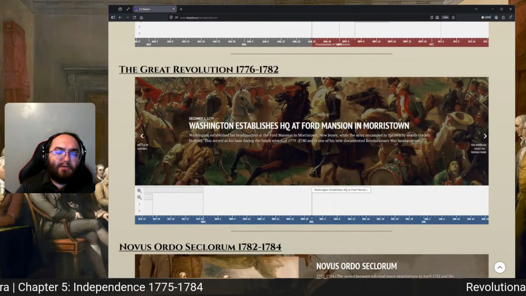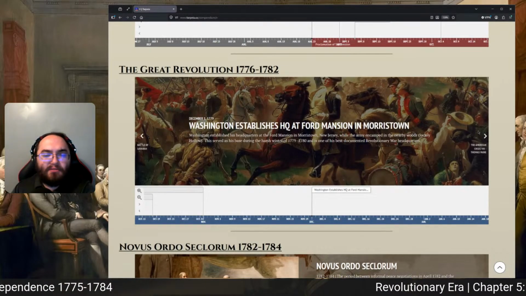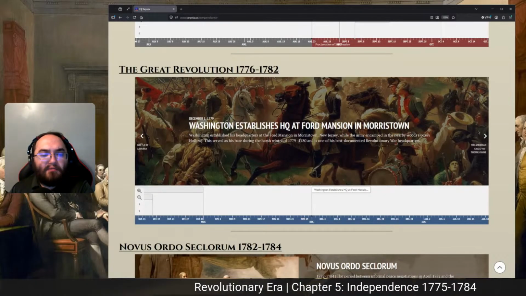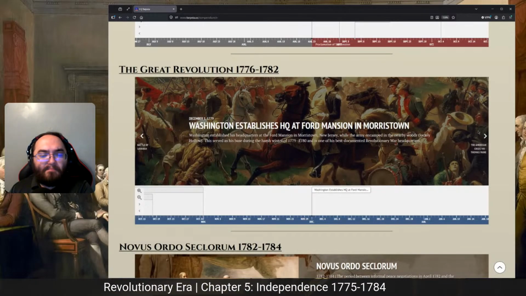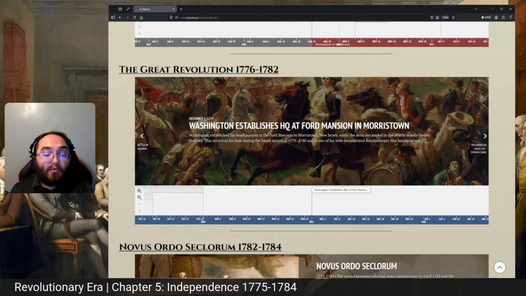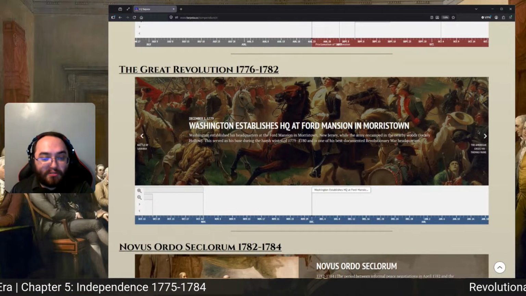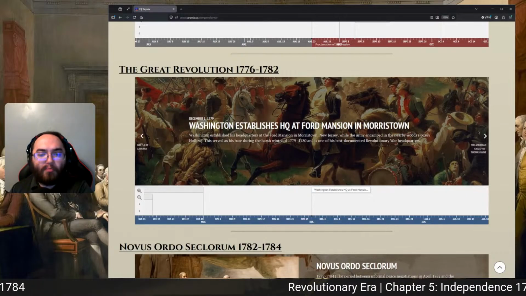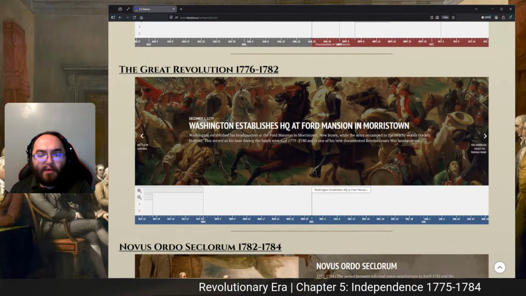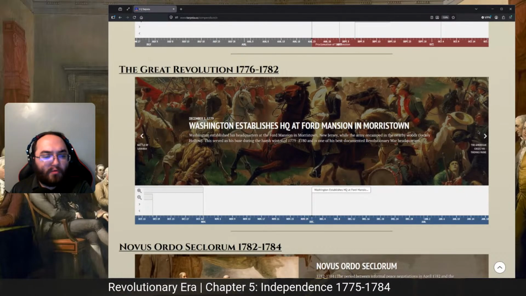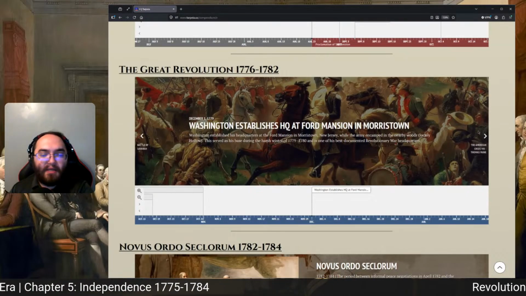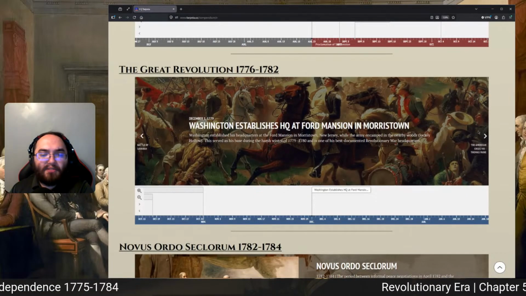Washington establishes headquarters at the Ford Mansion in Morristown, New Jersey, while the army encamped in the nearby woods, Jockey Hollow. This served as his base during the harsh winter of 79 to 80 and is one of the best documented